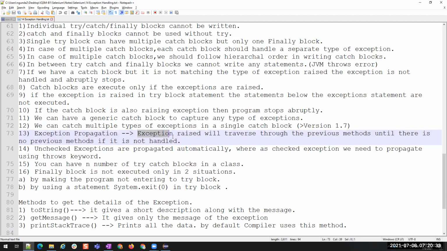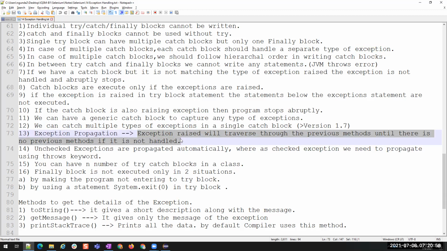Suppose an exception is raised and then it is being called by some other methods. For example, I am calling a method inside a method, and that method is calling another method, and there is an exception in the innermost method. Now, that method doesn't handle the exception directly. It assumes that we are handling it in other methods.